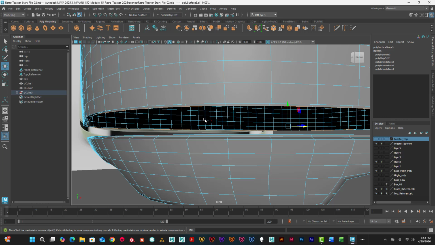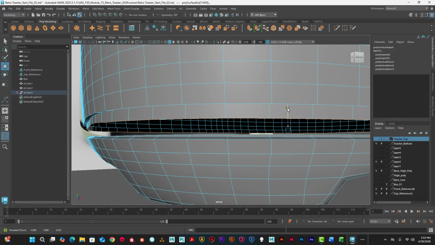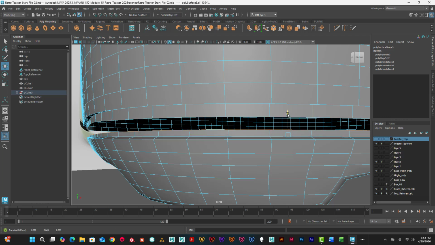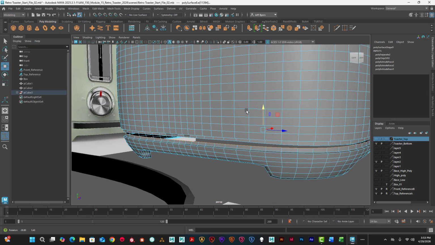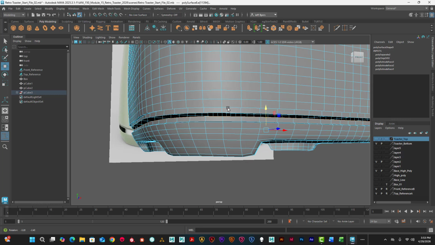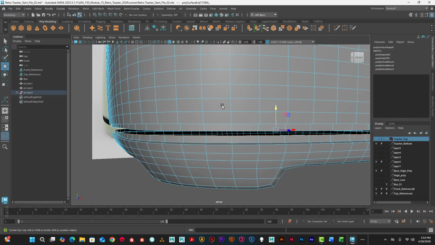Probably the best thing. So double click on this edge and move it down. Okay. And double click on this edge and move it up. That's probably your best bet. There we go. We're not going to close it. I keep it like that. What we're going to do now